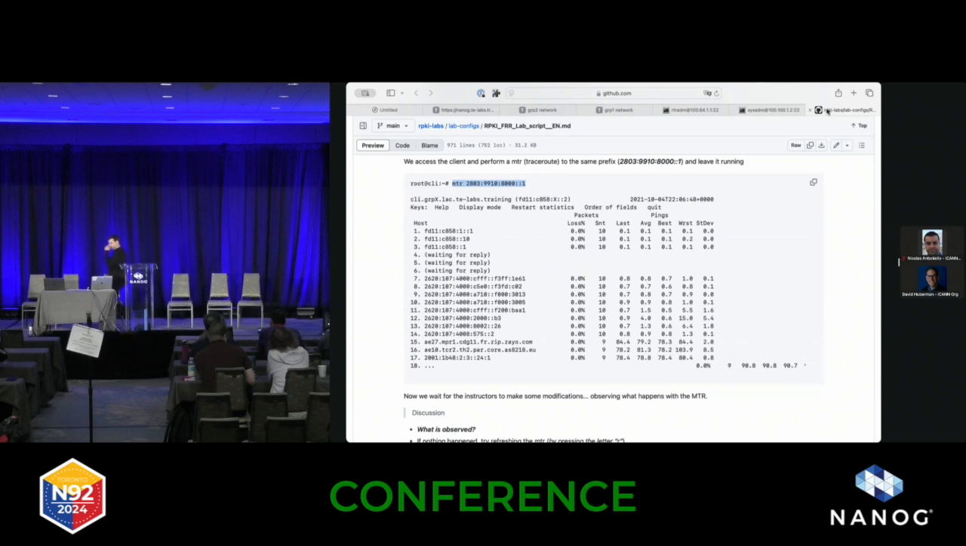MTR is basically an advanced, pretty way of doing a traceroute. It gives basically the same information as a series of traceroutes, only it keeps refreshing, and it's kind of a real-time view of what's happening with the route. The information follows through the internet from your client to the destination address. So if you execute this command in the client,